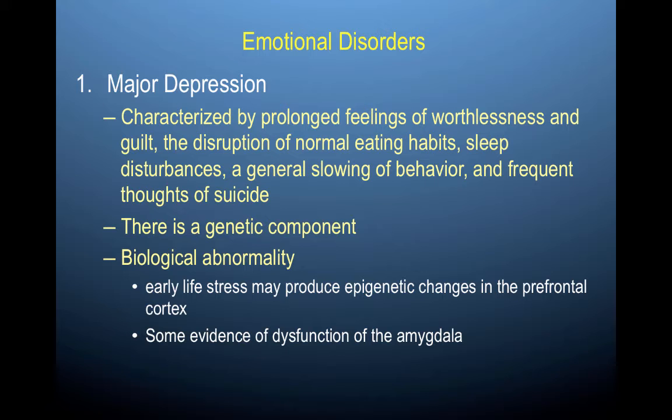And so if there are changes in the prefrontal cortex early in life, and particularly when the prefrontal cortex is developing, then that can result in sustained epigenetic differences within the prefrontal cortex that could make emotion regulation in all of its forms more challenging and increase the likelihood of developing depression or other similar mood disorders such as bipolar disorder and anxiety disorders. And there's also strong evidence so far that there is dysfunction of the amygdala or different connectivity patterns between the prefrontal cortex and the amygdala.